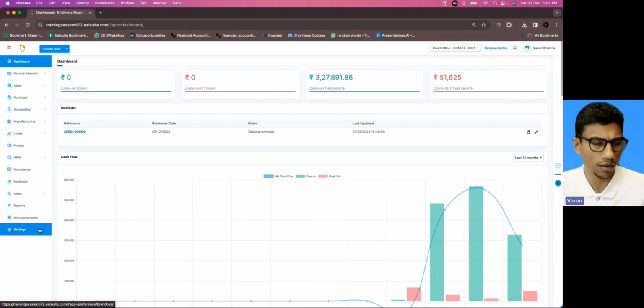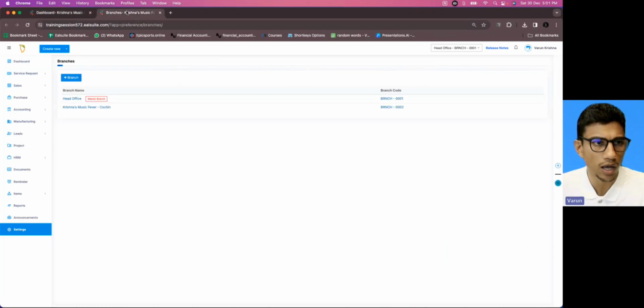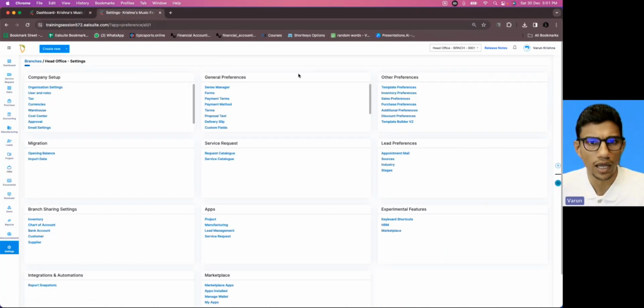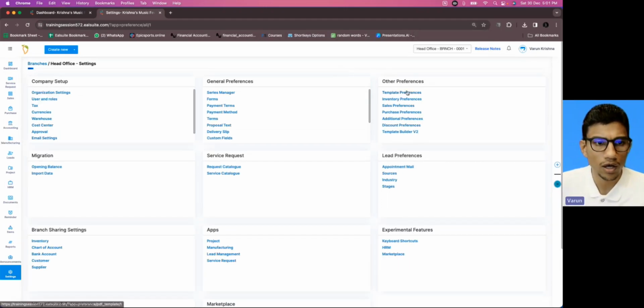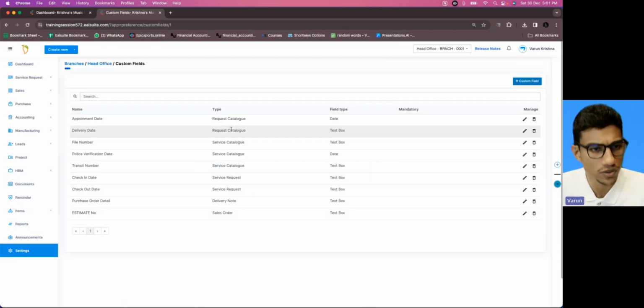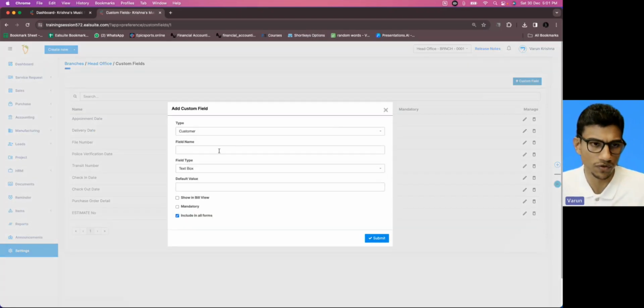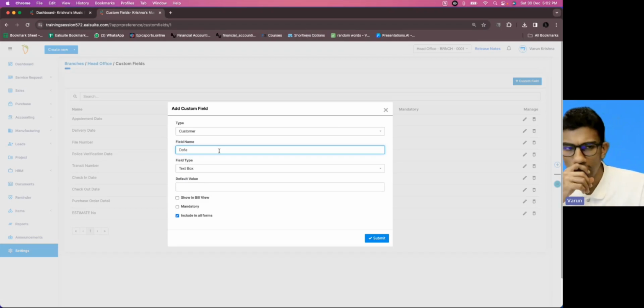Yes. So here, we're all well aware of custom fields, right? We can directly go to our settings, and then here, if we go to our general preferences, we could see custom fields, and I can create a new custom field. By default, I'm going to use a use case in which, if a customer is going to make a payment, then that particular customer has to make a payment to a particular bank account. So if you keep it as default payment